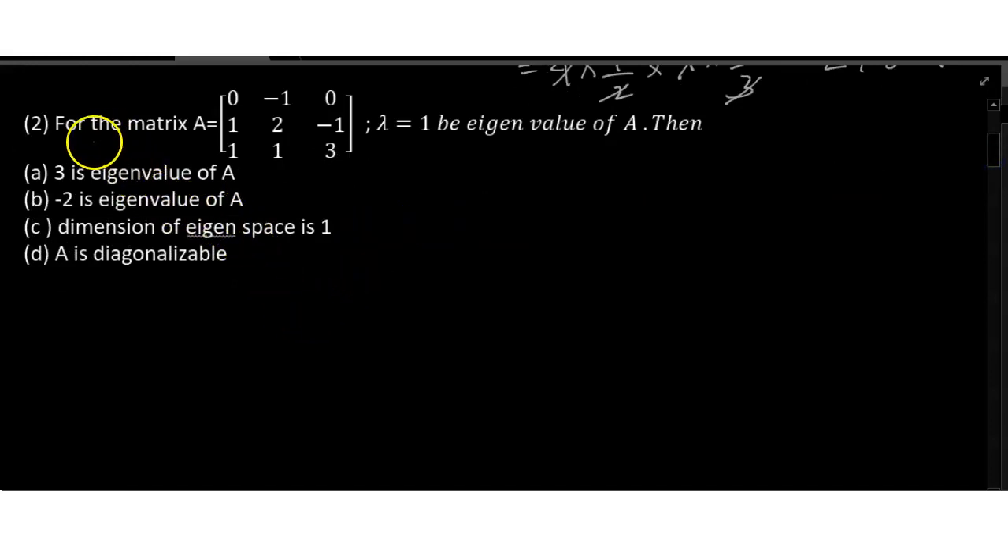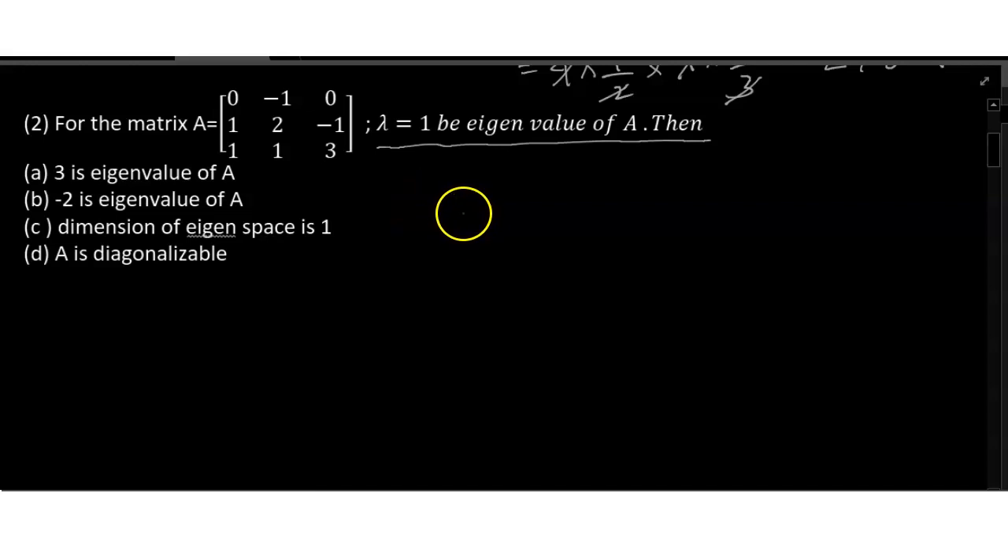Now friends, we are solving the next problem. For the matrix A with rows 0, 1, 1; minus 1, 2, 1; 0, minus 1, 3, lambda equals 1 is an eigenvalue of A. So is 3 an eigenvalue, is minus 2 an eigenvalue of A? So friends, we have to find out